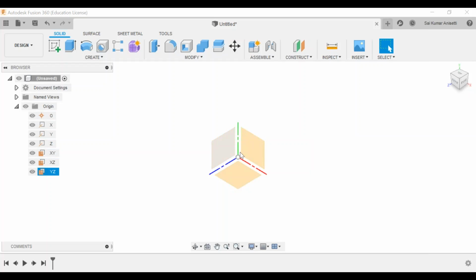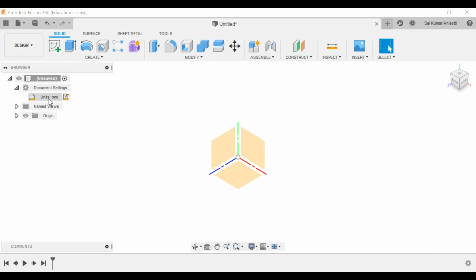Make sure you have good knowledge of these planes. In any software, irrespective of design and everything, you have to memorize what the front plane is, what the top plane is, and what a side plane is, whether it is a left side plane or a right side plane. Generally, we go with only one side plane. That is what you have to memorize. That is about your origin and document settings.